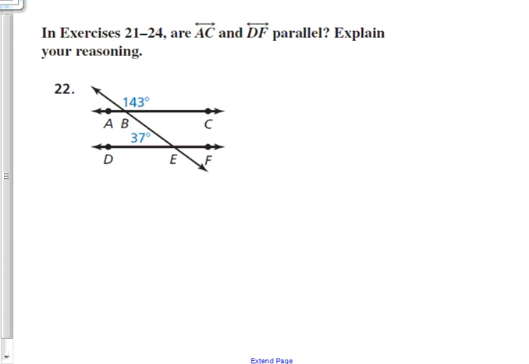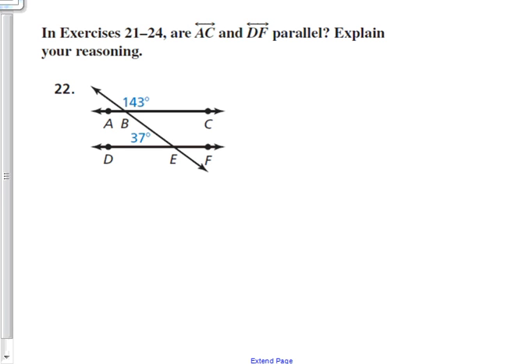So for number 22, you might be thinking that you can't make a connection between those two angles, but you actually can make a conclusion in this problem. So it says that we're trying to figure out if AC is parallel to DF. Well, 143 and 37, those two angles don't have a relationship with each other, but if we think about unit